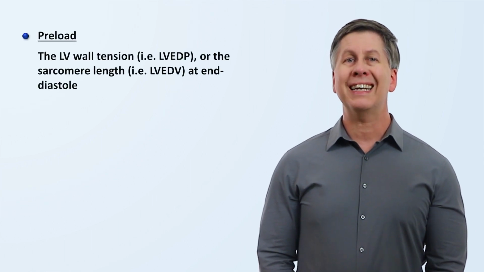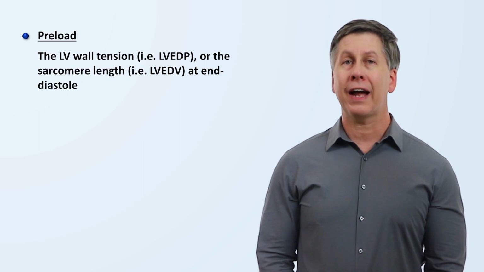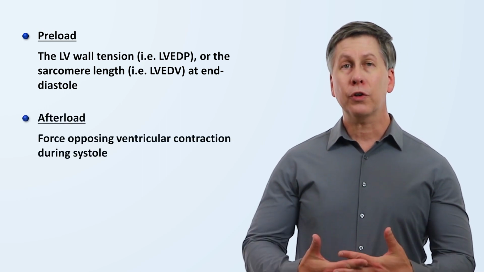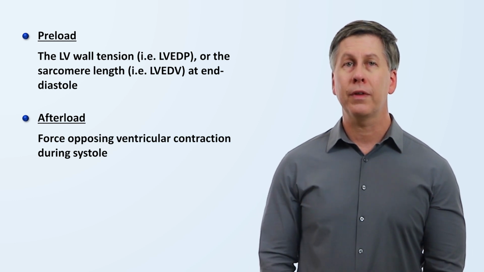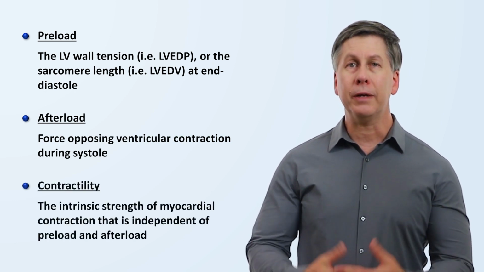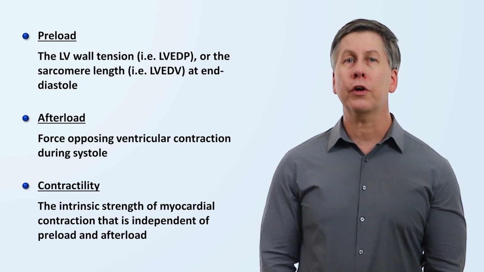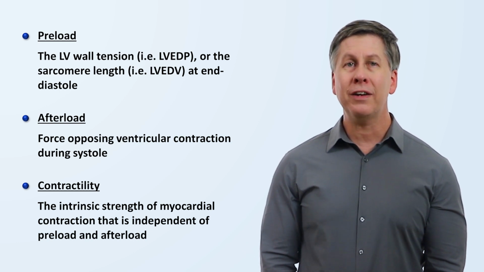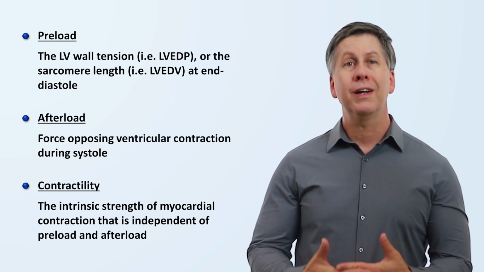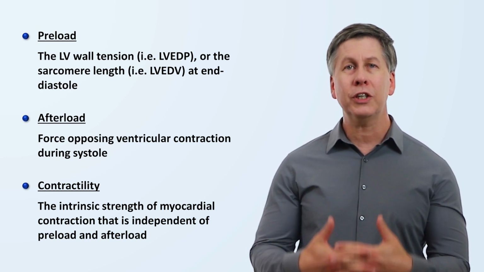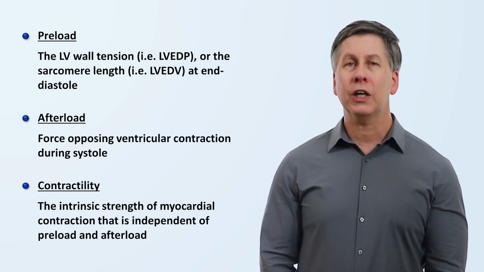Let me summarize. Preload can be defined as either the LV wall tension or LV sarcomere length at end diastole. Afterload is the force opposing ventricular contraction during systole. And contractility is the intrinsic strength of myocardial contraction that is independent of both preload and afterload. As mentioned earlier, these are not necessarily consensus definitions, and not every physiologist and clinician uses the words in precisely